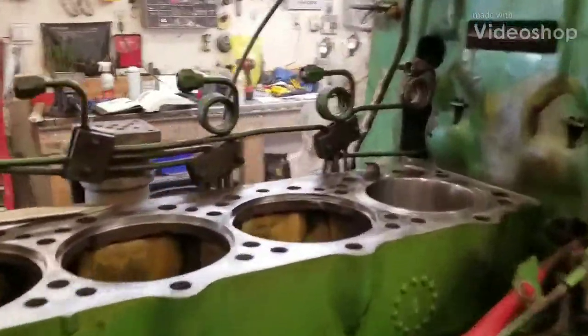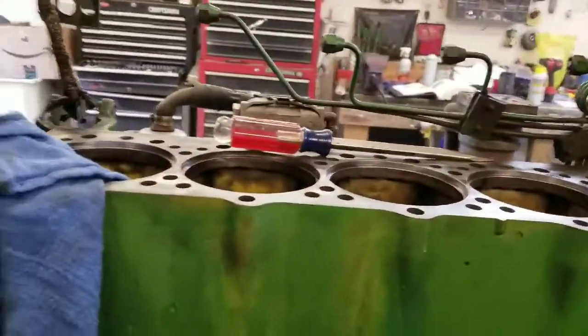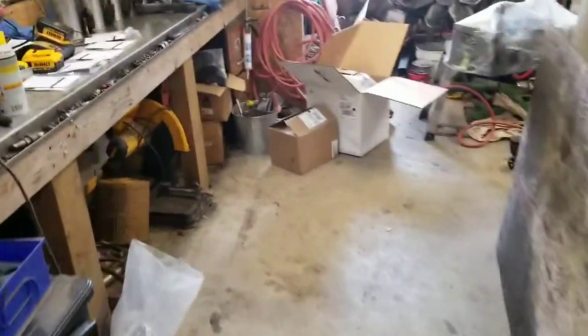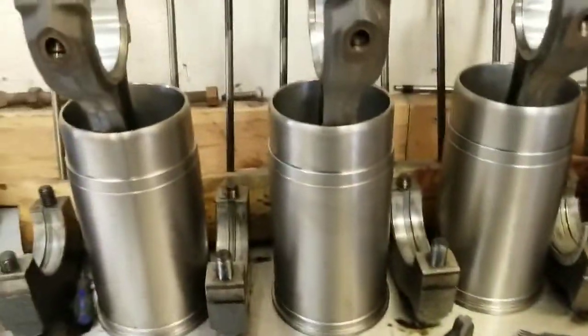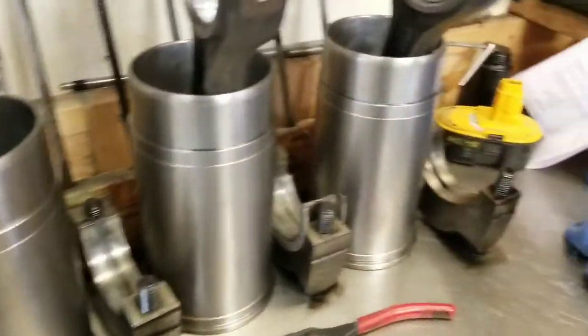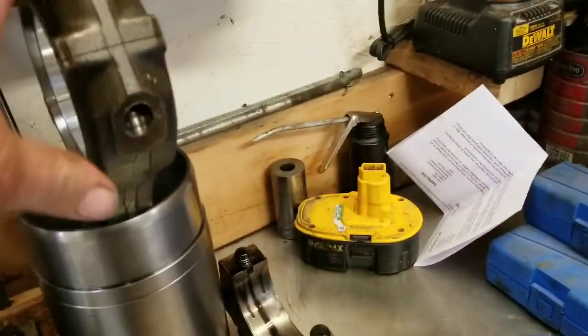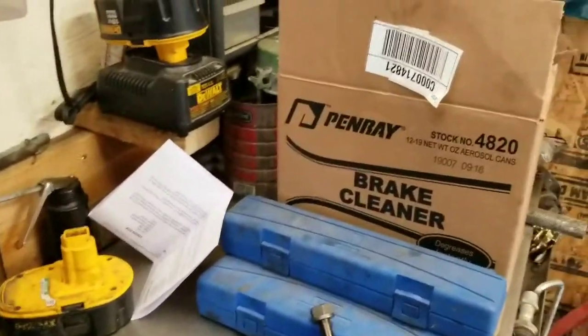Alright, I'm down to the point of pulling the last liner out. I got all the protrusion checked. We'll bring that over and we'll put the connecting rod on and show you guys how that's done, I guess. So